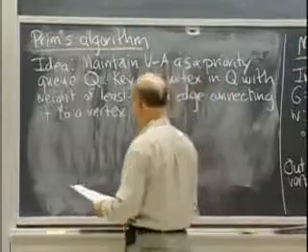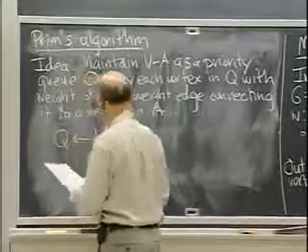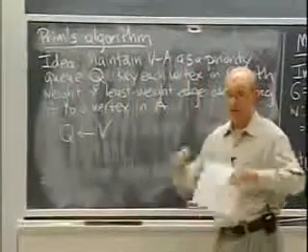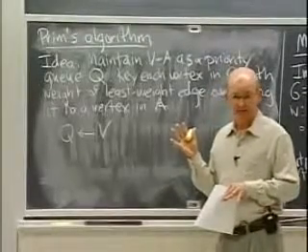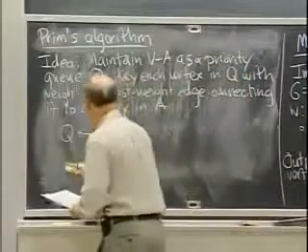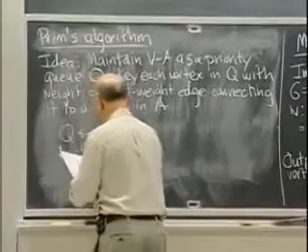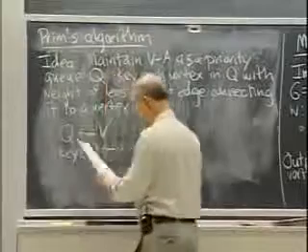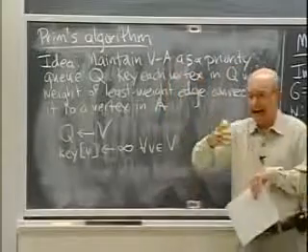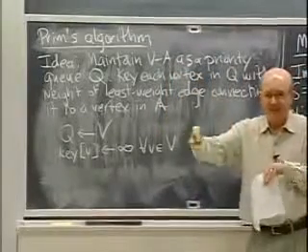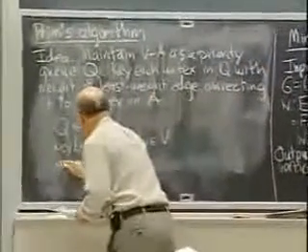So here's the code. We're going to start out with Q being all vertices. We start out with A being, if you will, the empty set. And what we're going to do is the least weight edge, therefore, for everything in the priority queue is basically going to be infinity, because none of them have any edges. The least weight edge to the empty set is going to be empty. And then we're going to start out with one guy, we'll call him S,